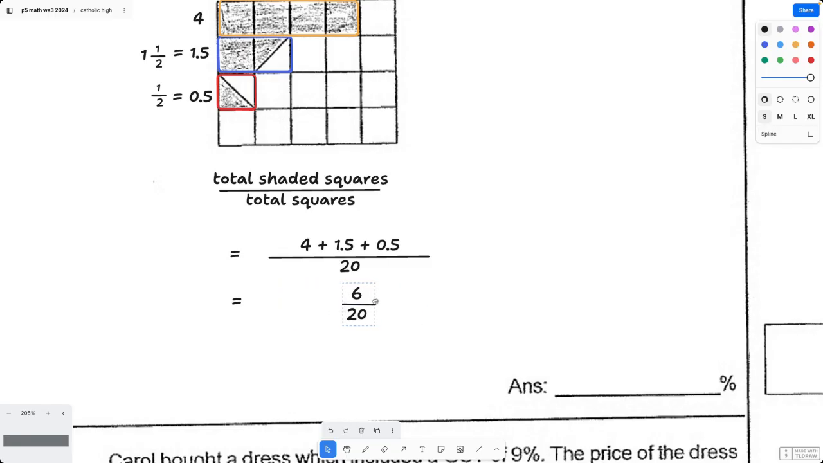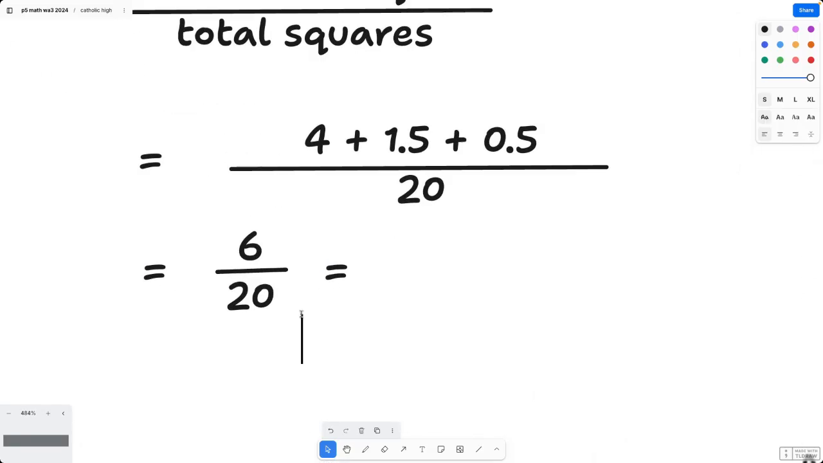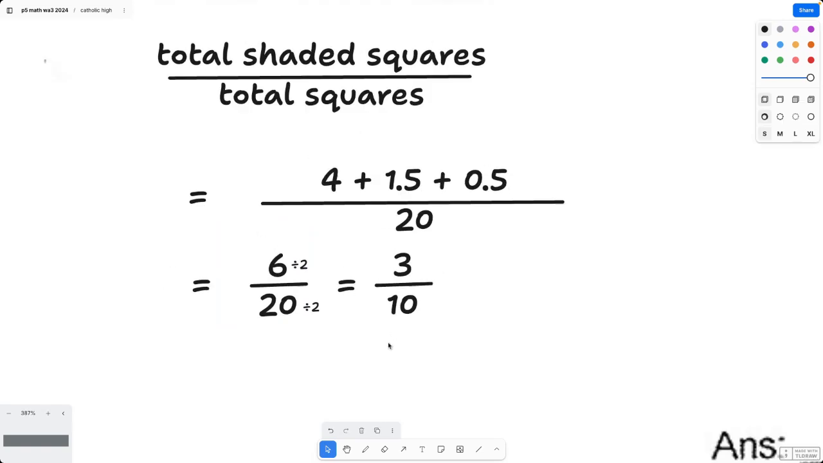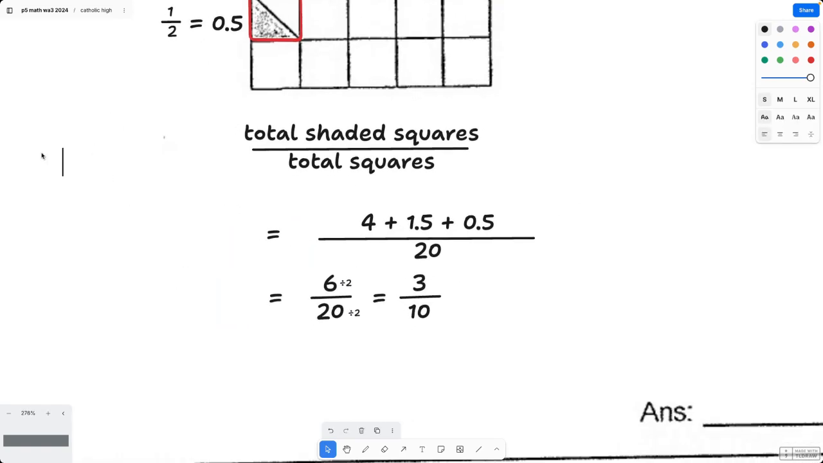That's what I see over here. Okay, 6 out of 20. And basically, this will give us equal to, if we simplify this, all right? So basically, we can divide by 2, right? In this case, for both cases here. So divide by 2. And now this whole thing will become 3 out of 10, right? So that's the shaded, let me just write here, shaded